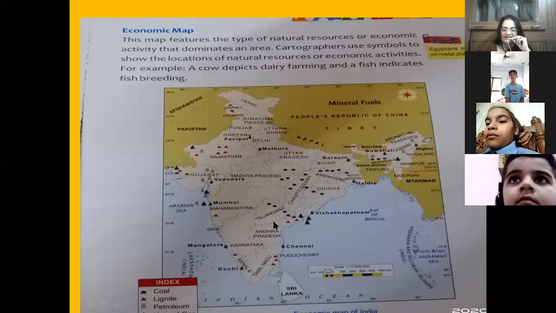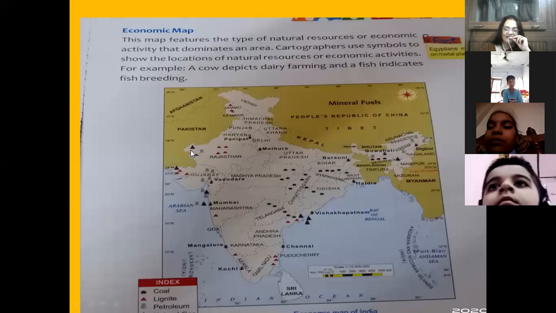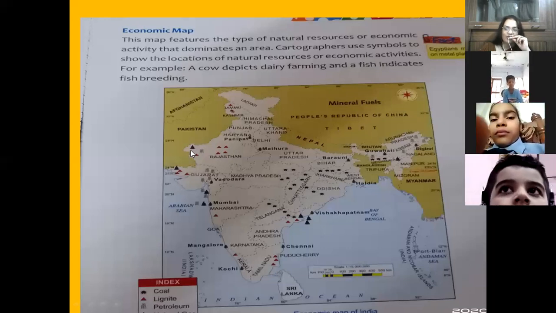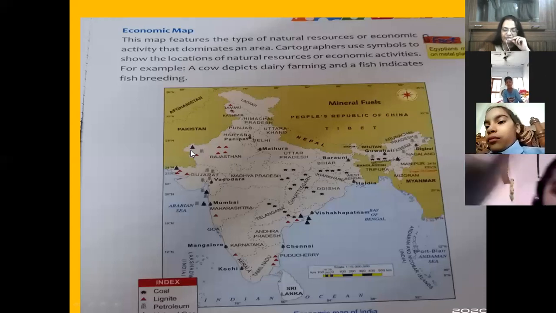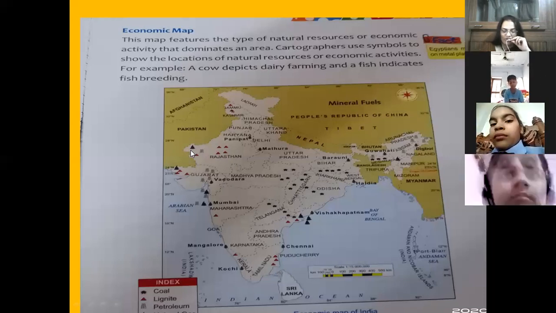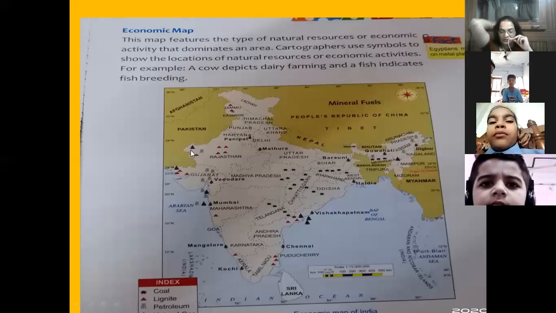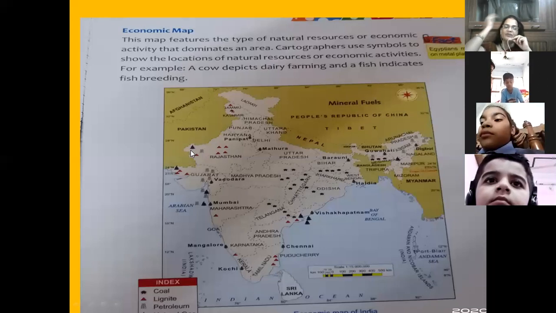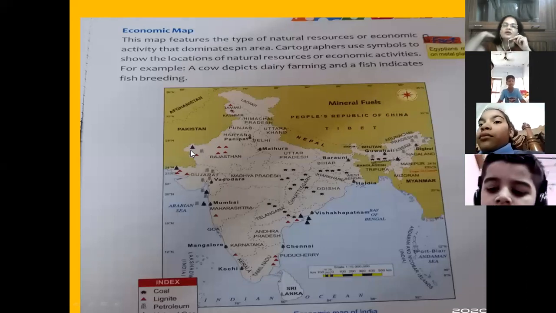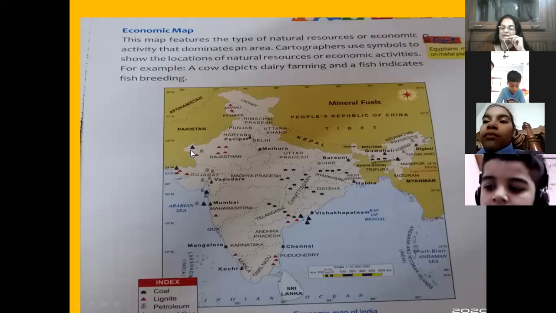So first of all, we will see what things are found in our state of Rajasthan. See, in Rajasthan we have a red-colored triangle. So it shows lignite is there, and natural gas. A black-colored triangle is also shown in the desert area, that is the Jaisalmer, Barmer area, which shows natural gas. And petroleum is also found. You can see petroleum is also there in Rajasthan. So these show the economic map, the industrial development of the country, students.